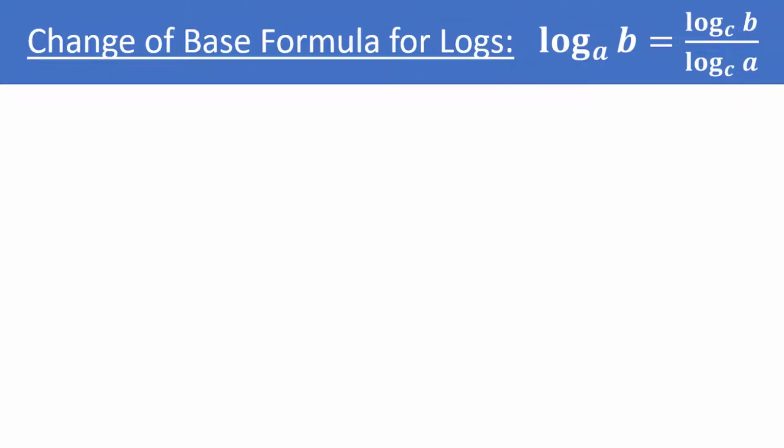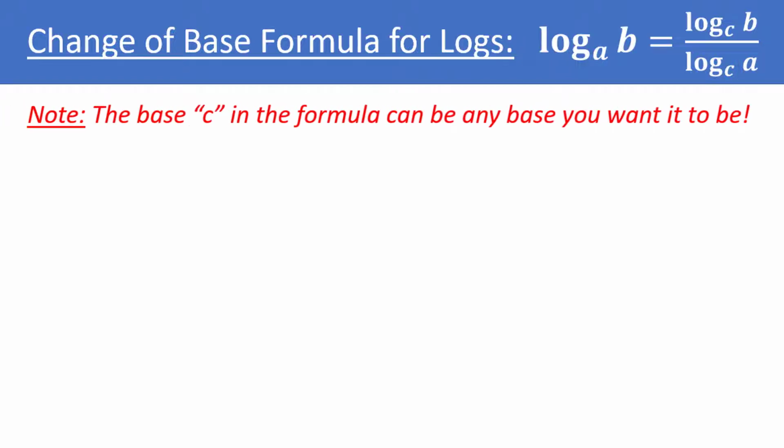The formula is log base a of b is equal to log base c of b divided by log base c of a. Notice what this formula does. It rewrites a log with a base of a as a log with a new base that wasn't even in the original expression, base c, first with an argument b, and then divides by another log, also with a base c, but with an argument a. The remarkable fact is that the base c can be any number that you want it to be. It can be base 5, or 10, or 12, or whatever.